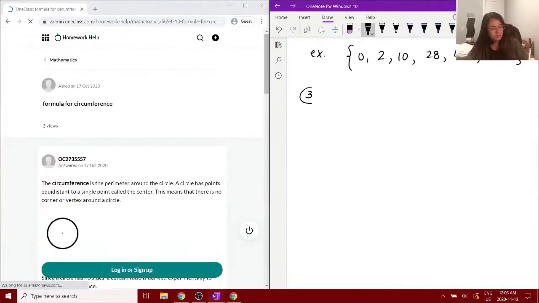We can move on to the next example. So question number 3 is asking for the formula for circumference. Okay, so the circumference